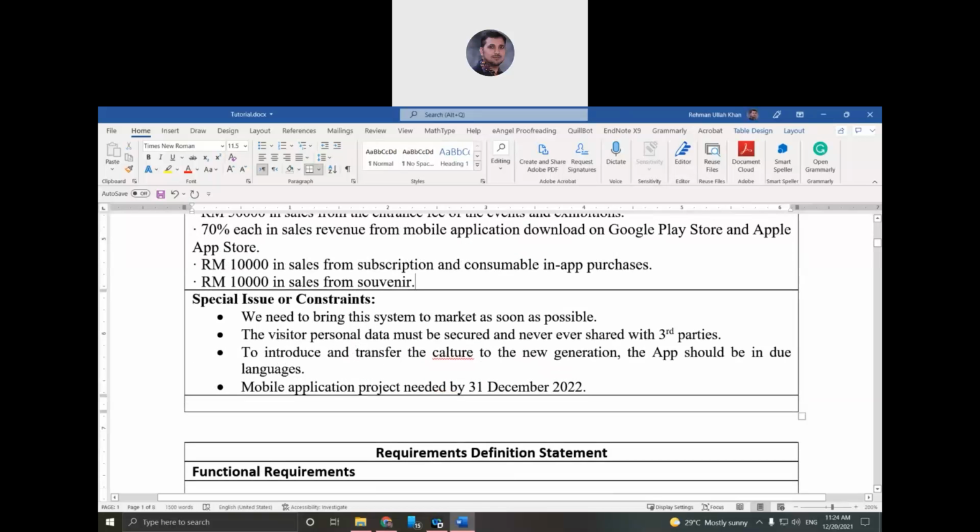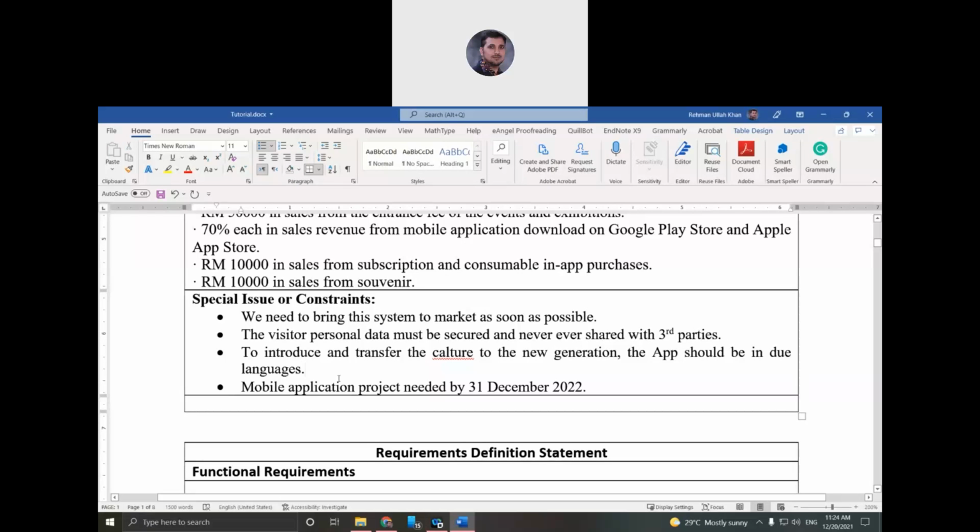Okay, and special issues are those issues that must be included due to a cultural problem, or due to a location problem, or due to a political issue, or whatever. For example, we need to bring this system to the market as soon as possible, meaning to say we need it urgently.